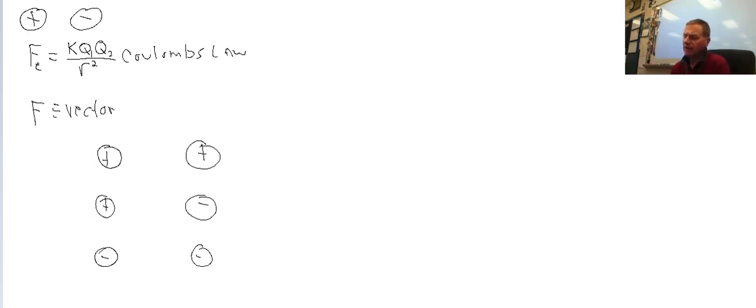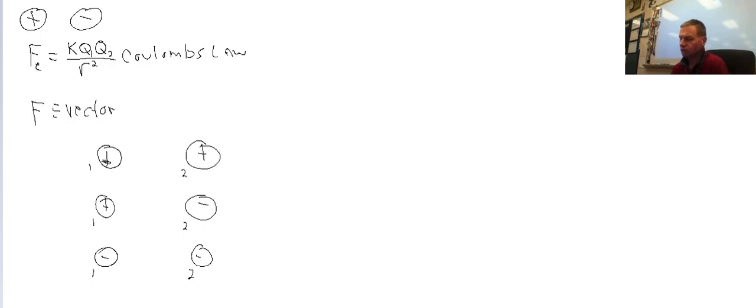So if I called this 1 and this 2, and this is 1 and this is 2, and this is 1 and this is 2, so I have all these pairs of charges. If I asked, what is the force on this charge due to this charge over here? What's the force on 1 due to charge 2? Well, the question I would have to ask myself is what is the direction of charge 1 going to be? Which way is it going to want to move